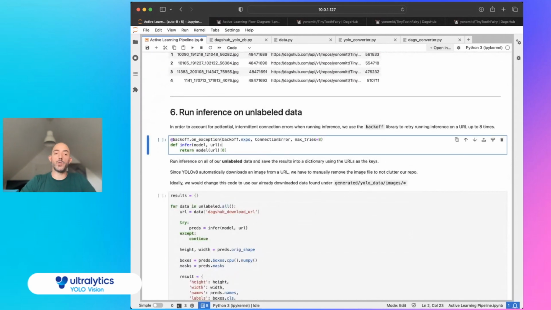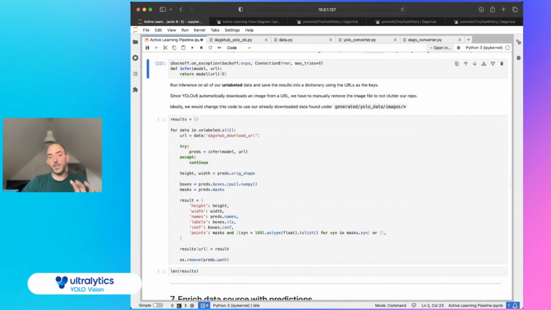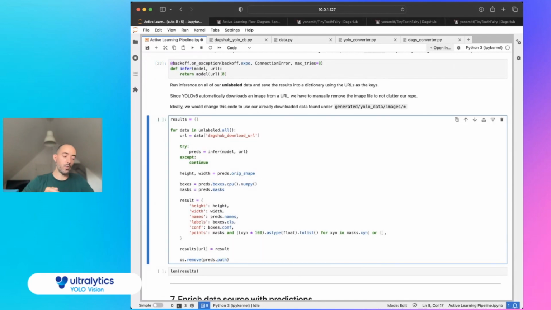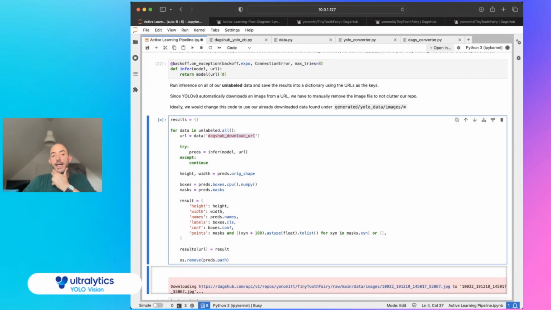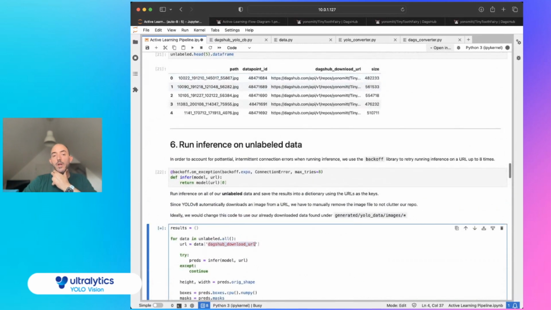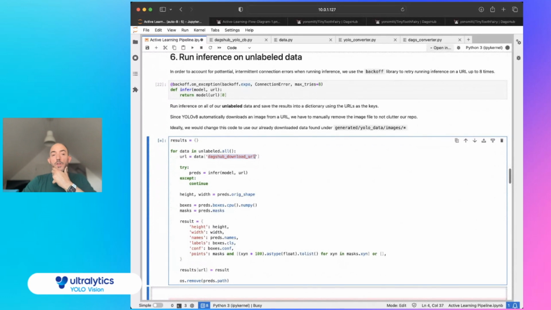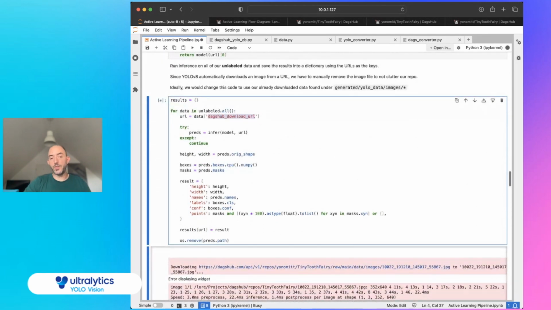Next, what we want to do is run inference on all of the unlabeled data. So we can't figure out which ones it has trouble on the most until we've run it on all of them. So we have a loop that we can grab the DagsHub download URL. And because YOLO V8 supports passing in a URL into the model, we can just pass that directly into our model to run inference. We do something with the results, and then we remove